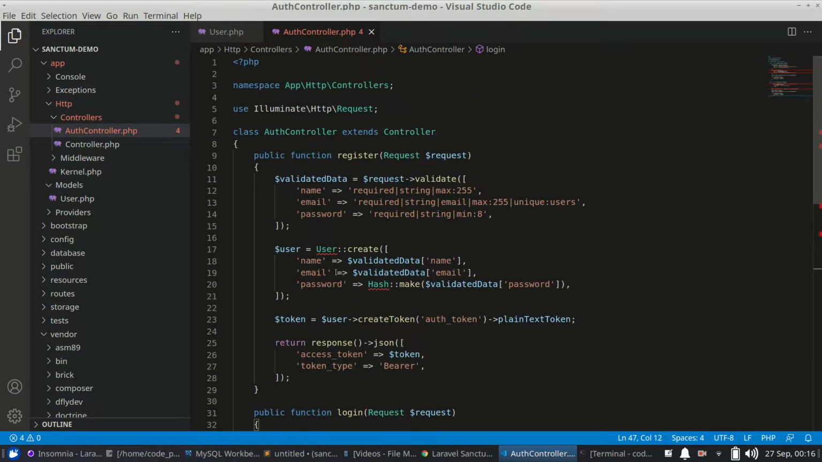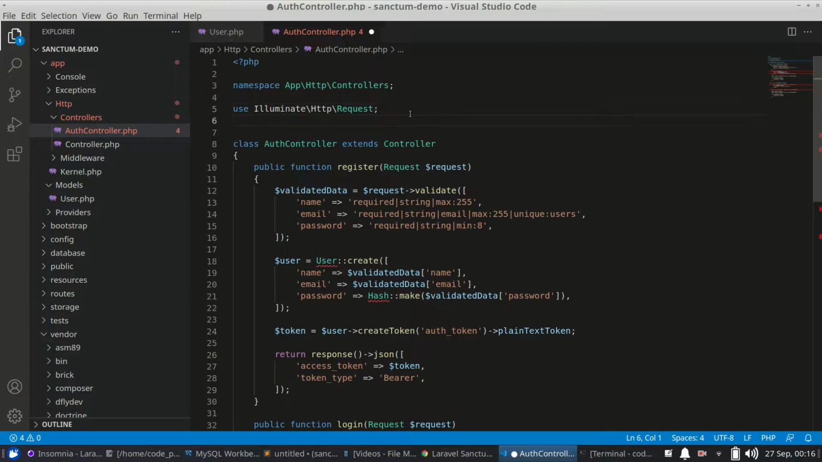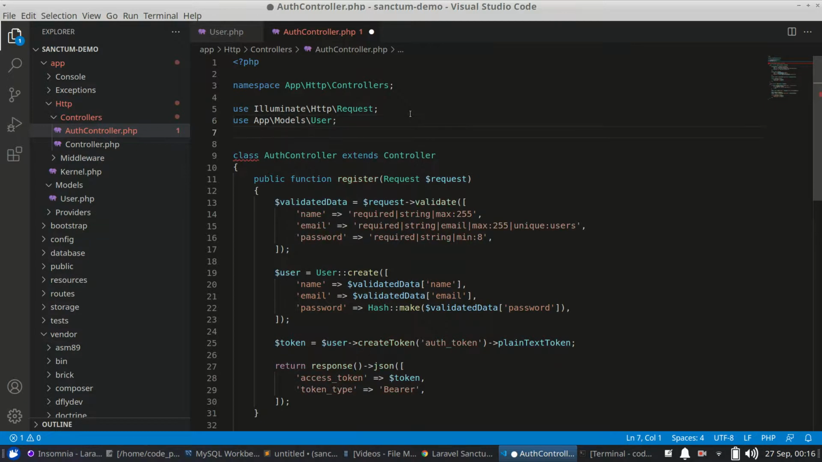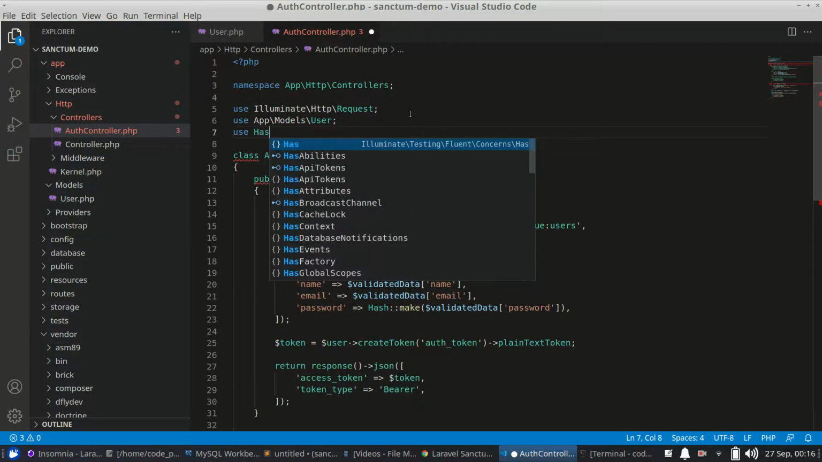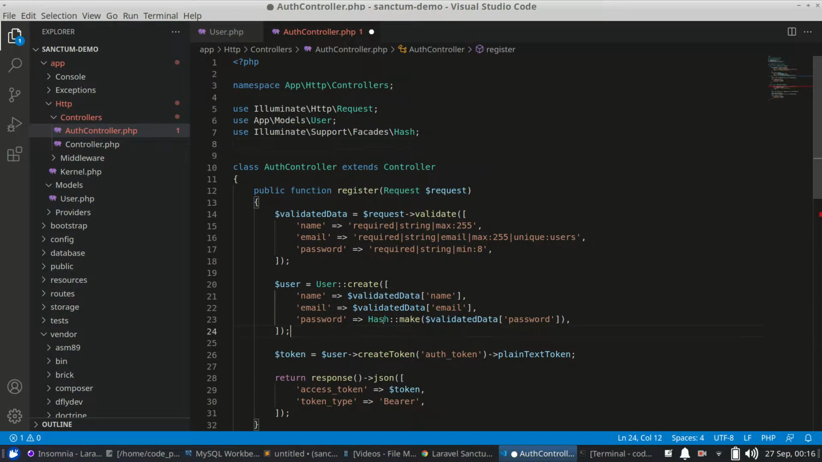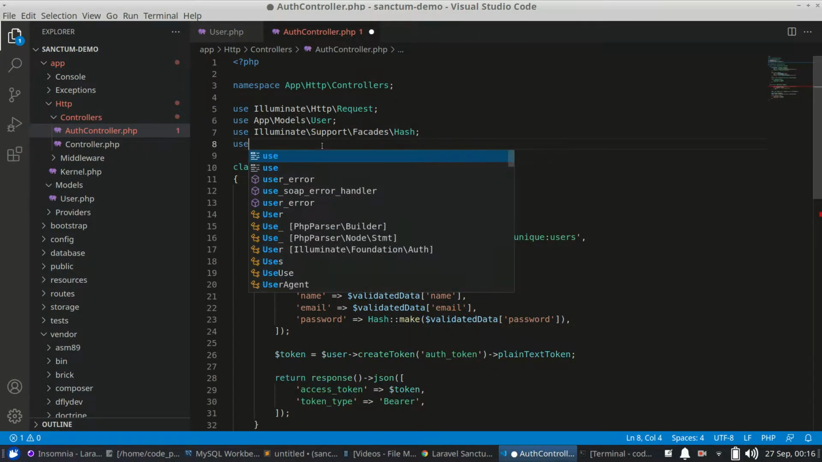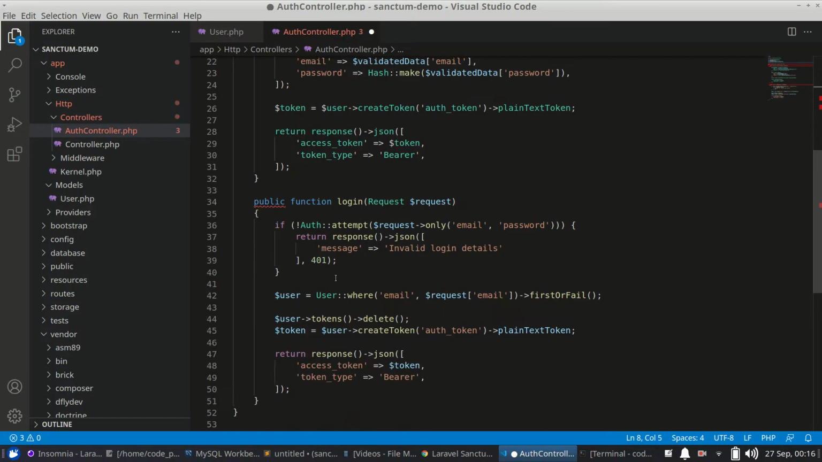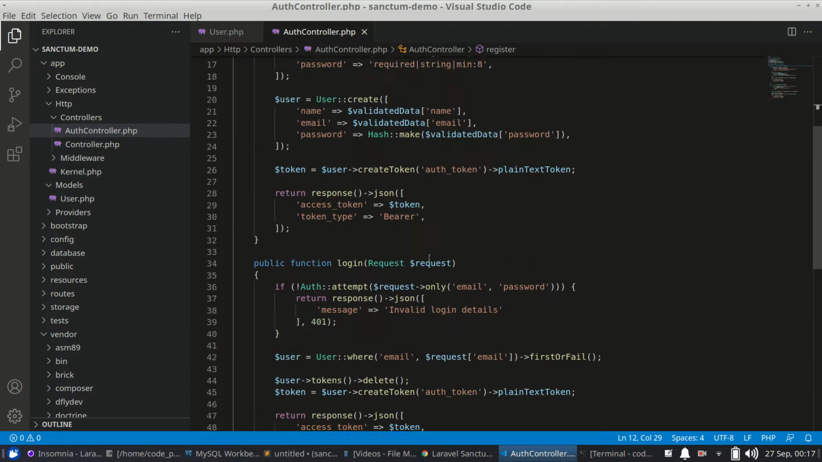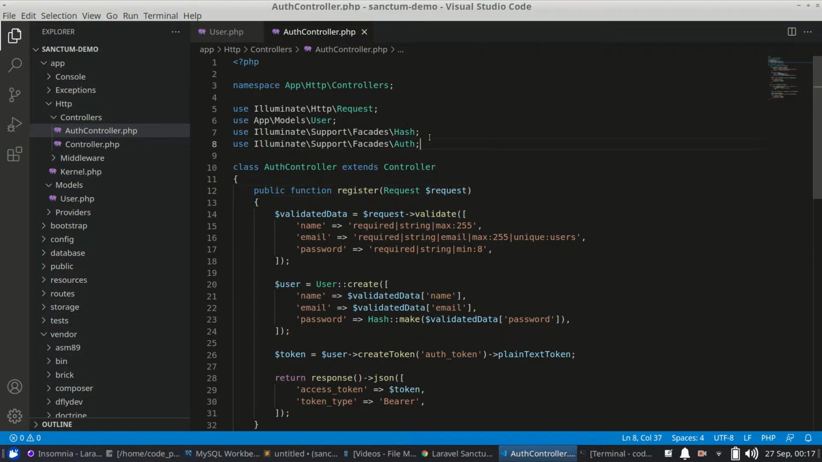We also have to include some files here for the user model. The second one is the Hash, because we are hashing the password here. And the third one is the auth facade we are using here. Okay, that's it. We are good to go now. So that is our auth